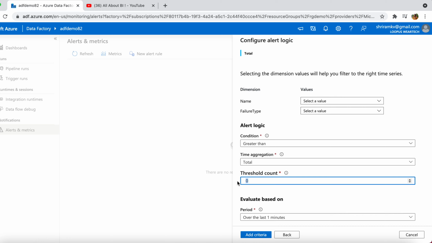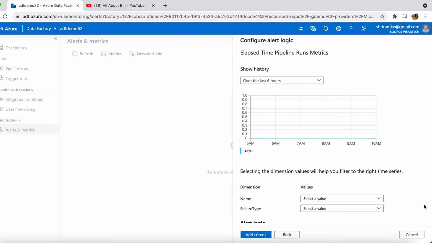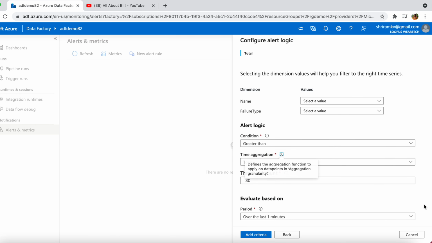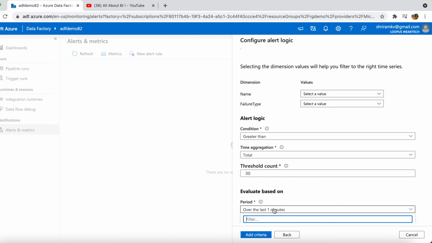For example, if my runtime metric is greater than 30 minutes, I have to mention it here. Then evaluate based on this period, which is nothing but when this alert has to be triggered, such as over the last 30 minutes, the last 1 hour, or the last 1 day. We have some options to choose from under period.